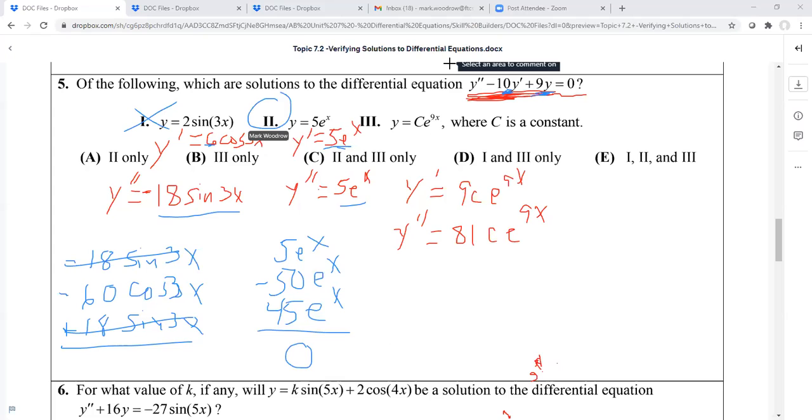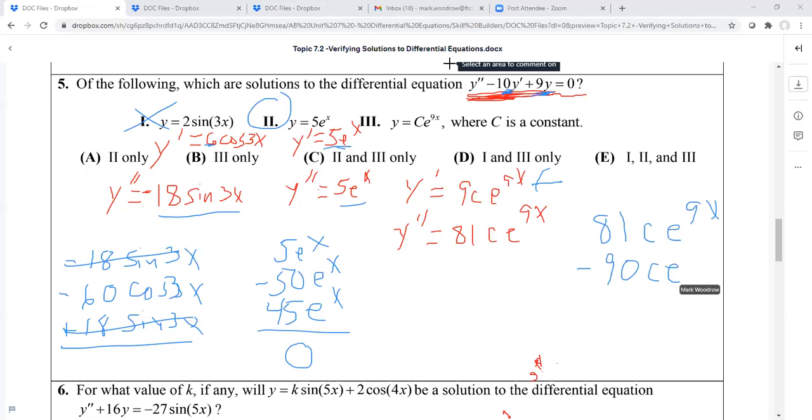So number 2 is true. And then for number 3, I'm going to do the same thing. So I've got this, I'm going to write it over here. I got this 81Ce^(9x), because that's the second derivative. Then I got to take negative 10 times that. And when I do, I'm going to get negative 90